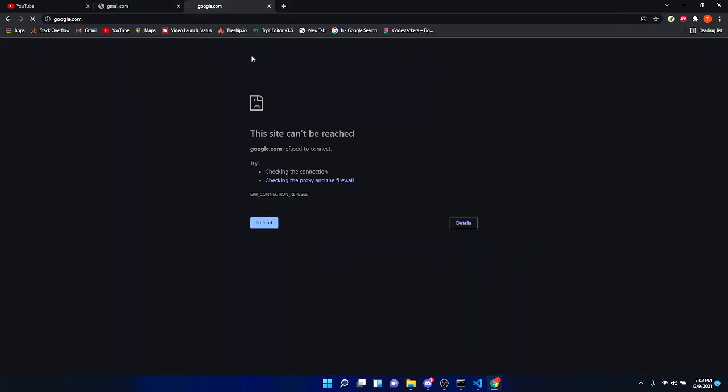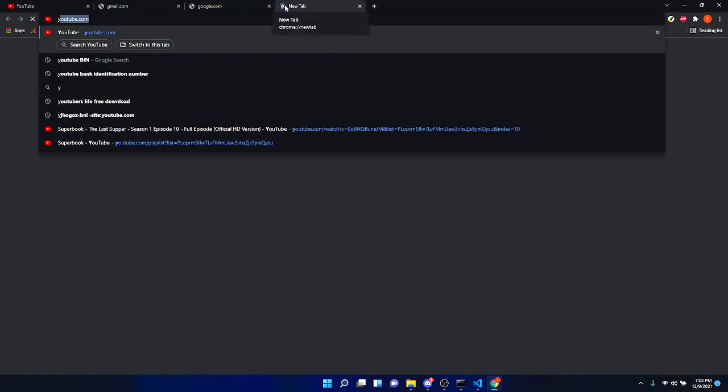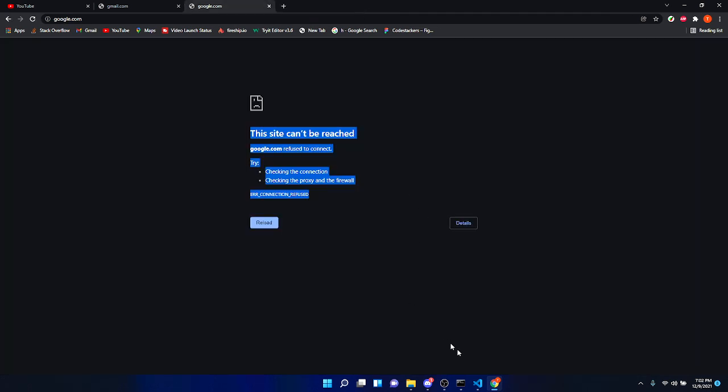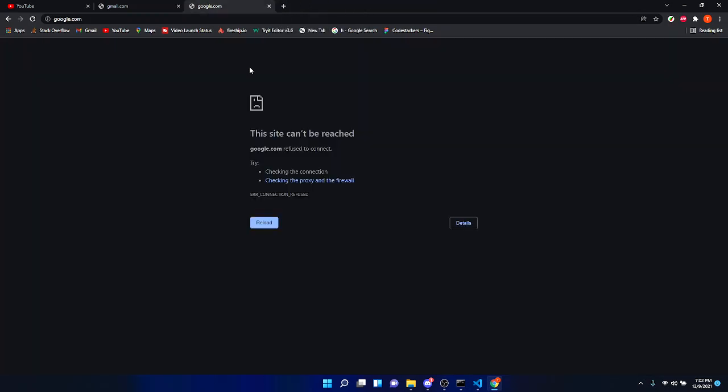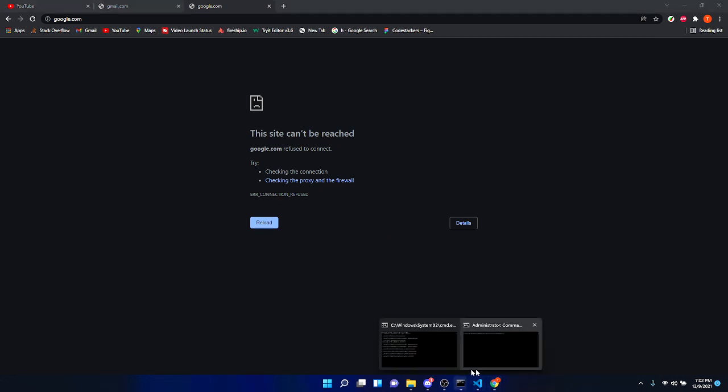Will it work? No, it says google.com refused to connect. So the website blocker is working. After that we can go to youtube.com and try that. It works. So google.com is not working, as we expect, but youtube.com is working. That is interesting. Maybe that is a setting in the OS, but the blocker isn't working there now.